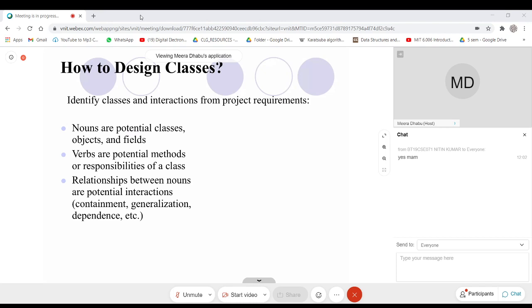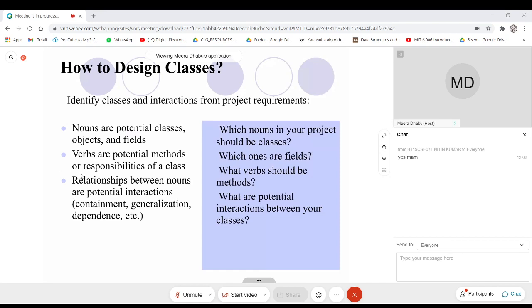Then you need to work out the relationship between the nouns also. When you work out the relationship between the nouns, you will realize that they are the potential interactions, that is containment, generalization, dependency, that we will see soon as we go on.